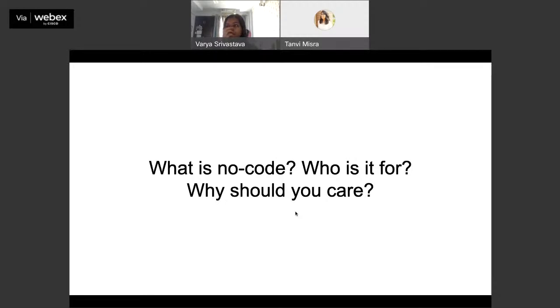So, therefore, no code is identifying certain prominent use cases that technology has and building replicable models of it. That is, if you want to build a chatbot, this is the basic you'll need despite whatever kind of chatbot you want, and then you add alterations.